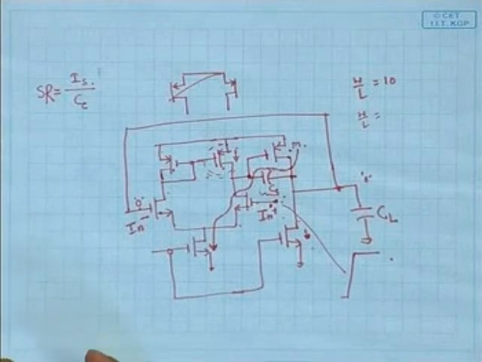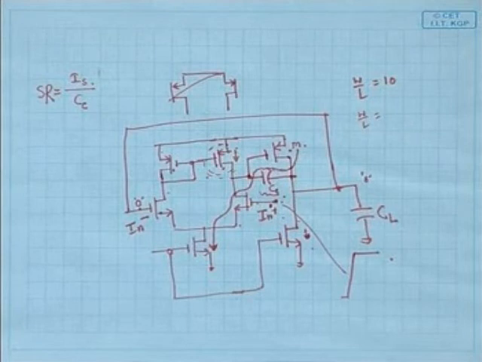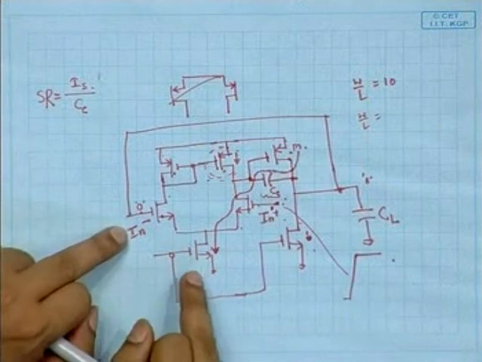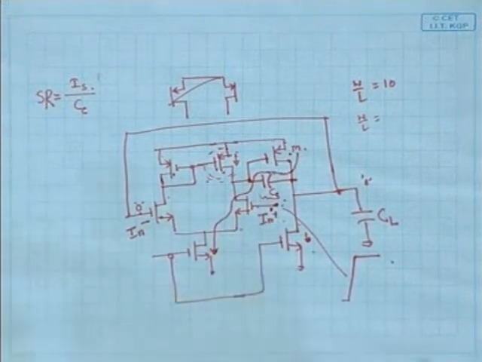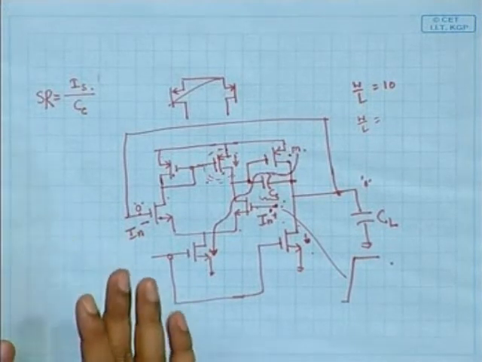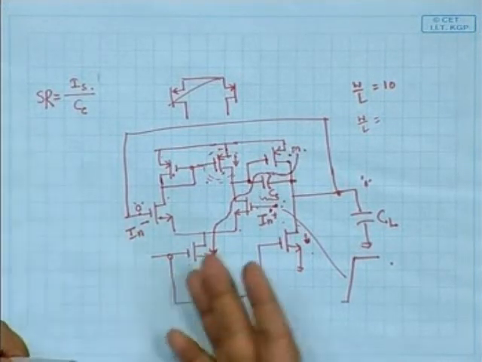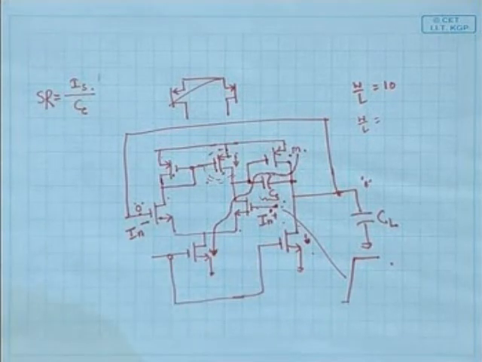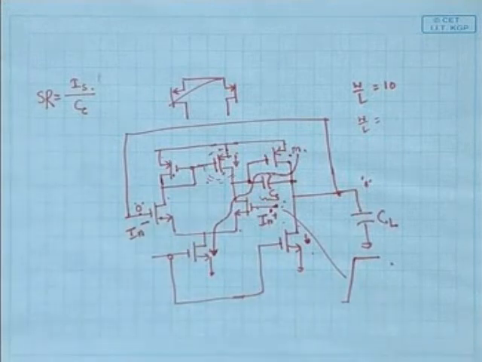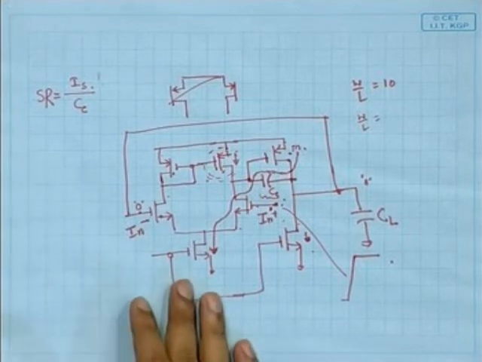So these two stages only give a gain of up to 40 to 50 dB, not more than that. Our major criterion is that the inverting terminal voltage will force the non-inverting terminal voltage to follow it, and this depends upon the open loop gain. The more the open loop gain, the more the inverting terminal voltage will follow the input voltage. So we have to set the gain very high.